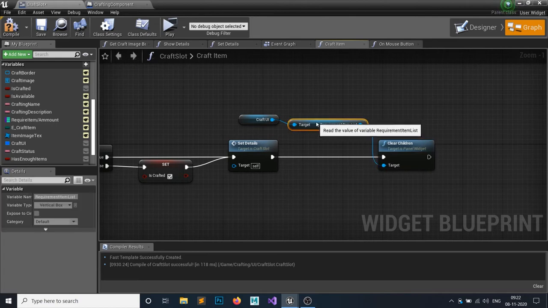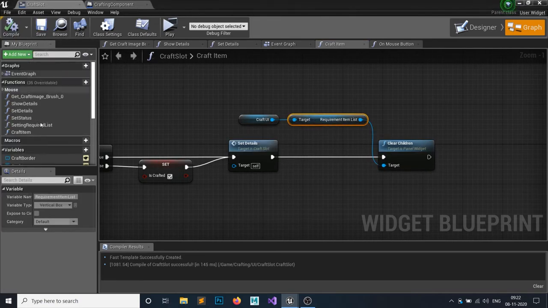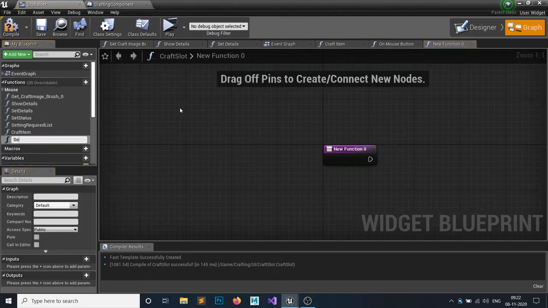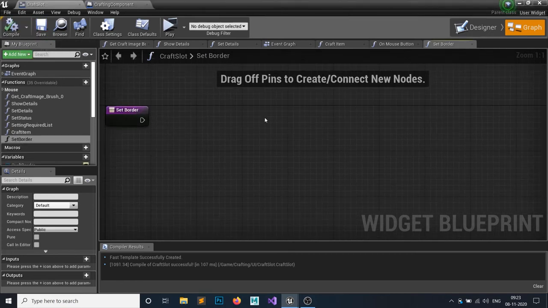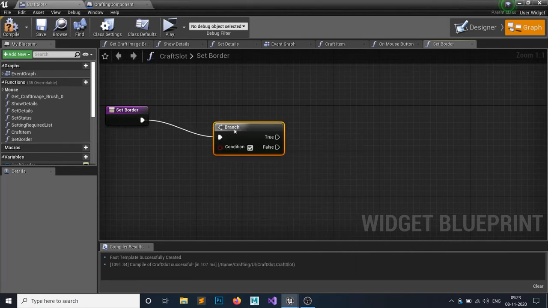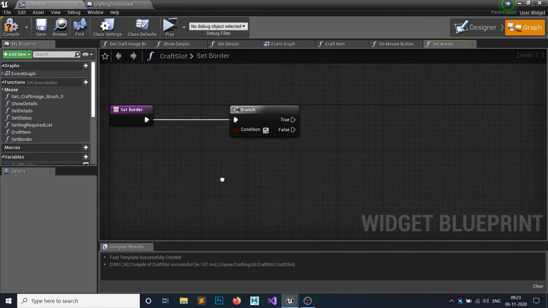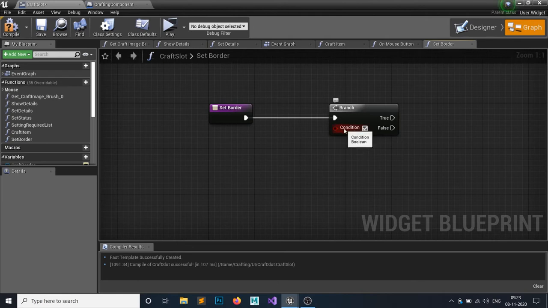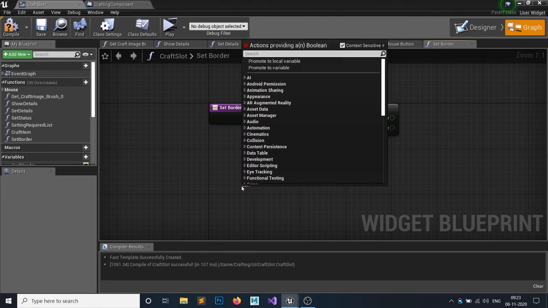Okay, and then I want to set the border. So do we have the border color now? Let's make a function called set border. So when we click, we want to check if our item is crafted.